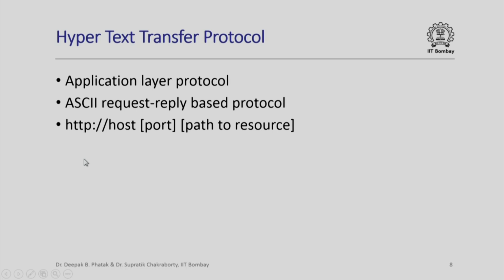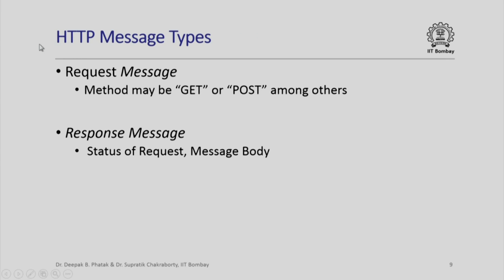Again, you need not worry to understand all of these, although all of this is described very well in the references that have been given. This session is primarily to introduce you to how web evolved in this world. There are HTTP message types which are called request message or response message. A request message is, you may say, get something for me or post something onto the other side. Response message will be like, what is the status of your request, what is the message body, etc., etc.